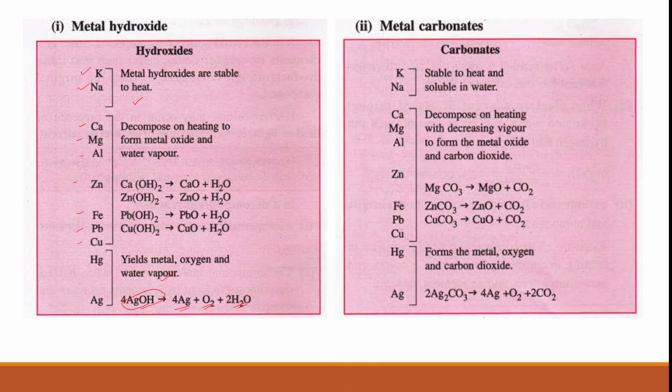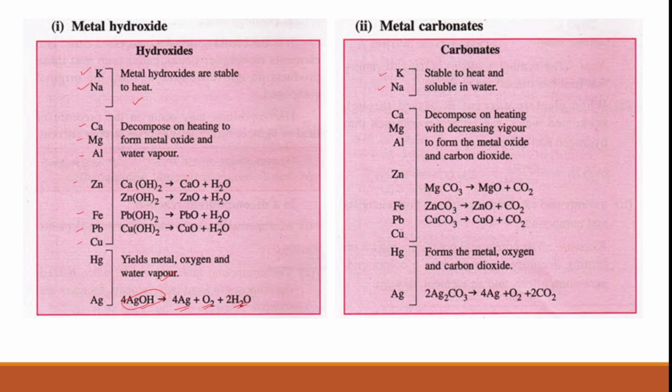The metal carbonates of potassium and sodium, we know that they are highly reactive metals. We have just seen that highly reactive metals form stable compounds. They are stable to heat and they are soluble in water. Whereas carbonates, calcium carbonate, magnesium carbonate, aluminum carbonate, all of these decompose on heating with decreasing vigor to form metal